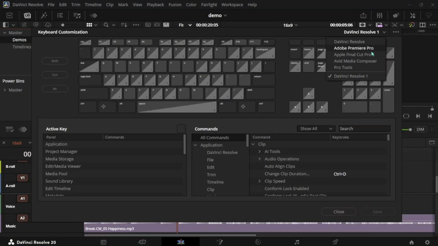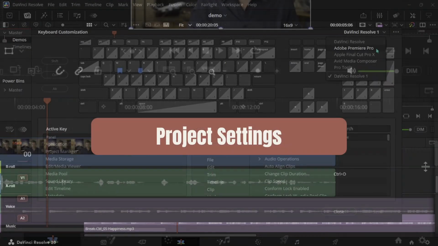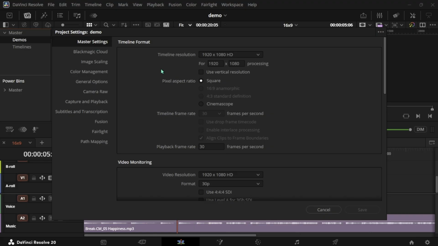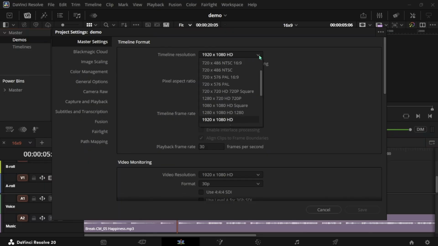From this drop down, if you're coming from Adobe Premiere or Final Cut Pro, you can use those same shortcuts from either tool here. Next thing to do is to go to this gear icon at the bottom here for project settings. And under master settings, you can start customizing for your timeline. So for the timeline format, under timeline resolution, for long form YouTube videos, you can choose HD resolution or Ultra